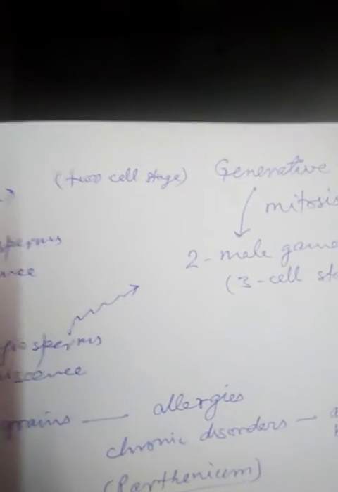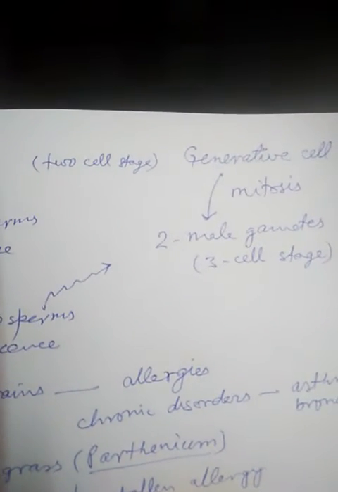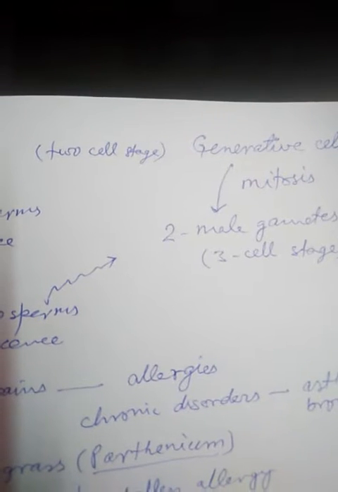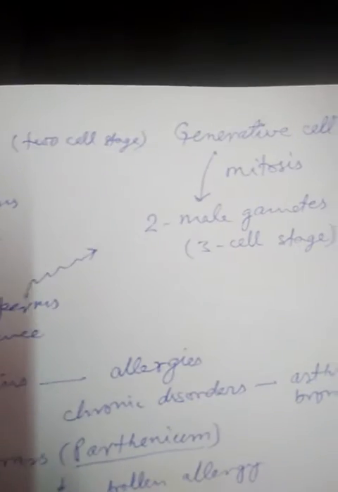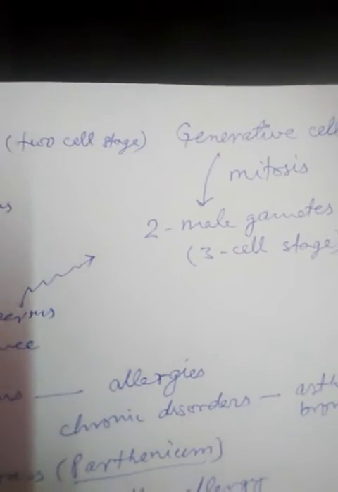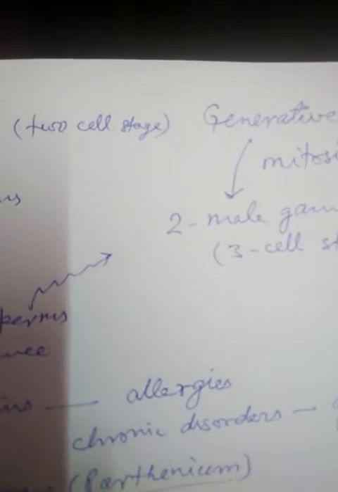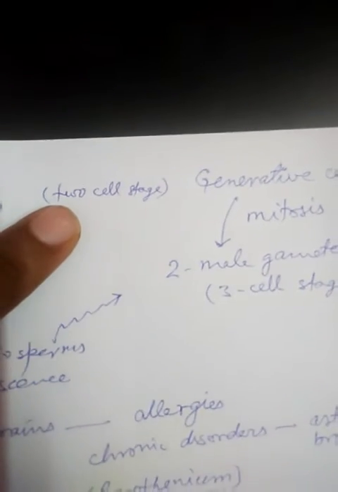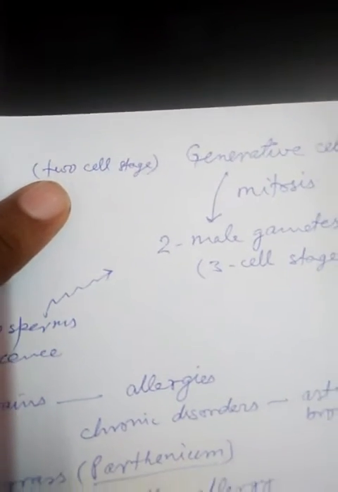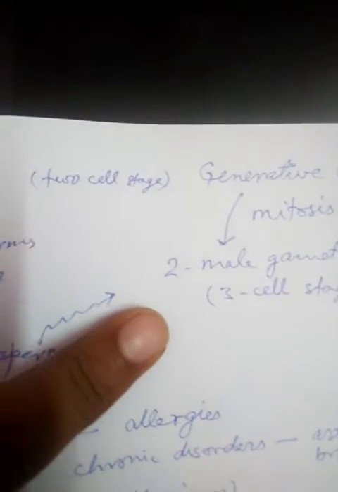So there is one point to add on, that once the pollen grains are matured, only then the dehiscence or release of the anthers, release of the pollen grain from the anther takes place. However, this dehiscence may take place at the two cell stage when there is only one generative cell, or it may take place at the three cell stage when there are two generative cells in one vegetative cell.